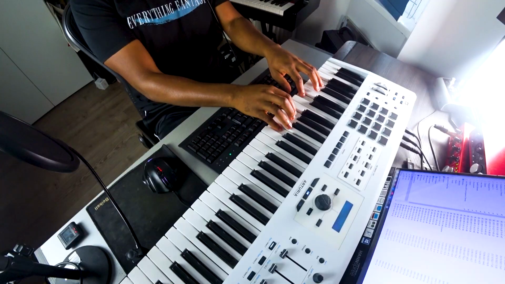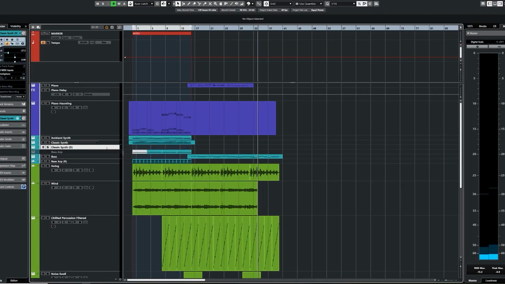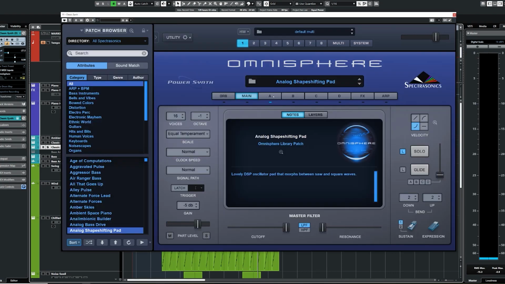I wasn't expecting to go there. But it kind of works here, actually. I quite like it. Now we can reintroduce some of the synths as well. In fact, I want to make this synth more aggressive, so I'm going to duplicate it and not have so much decay and not so much attack as well.